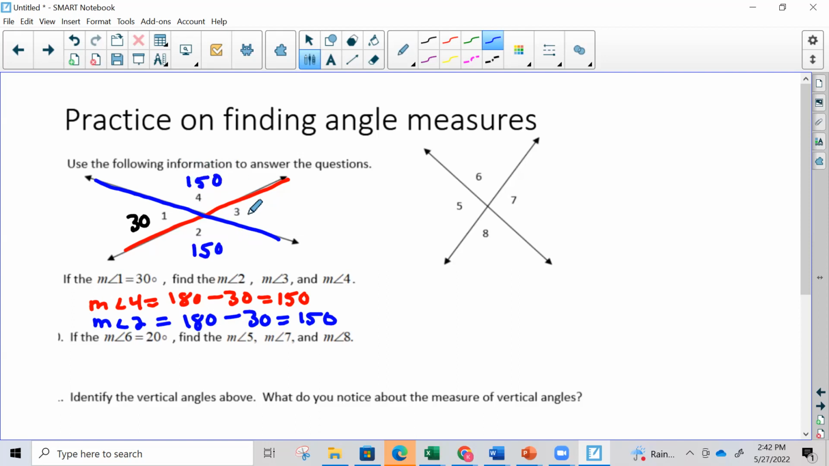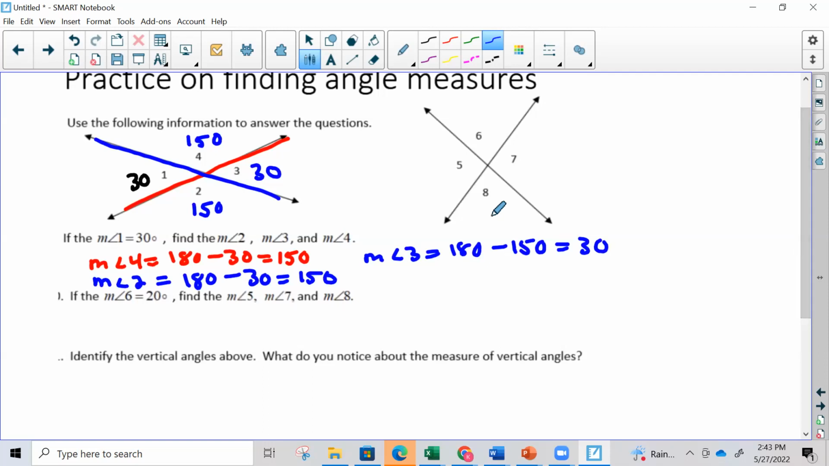Okay, and then to get 3, we can use either 2 and 3 or 4 and 3. They both form a straight angle again. And so to get the measure of angle 3, we would do 180 minus 150, and that would give me 30. Okay, and so that's how we find our angle. So if I know one angle and I have two intersecting lines, I can find all the other angles with